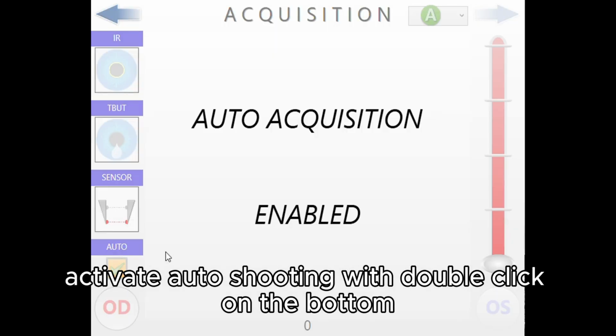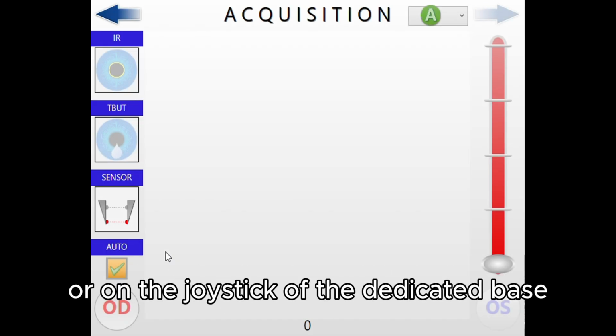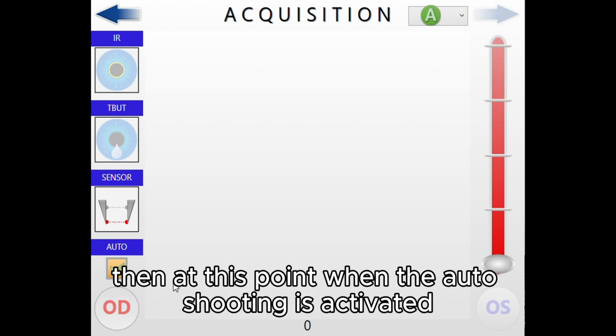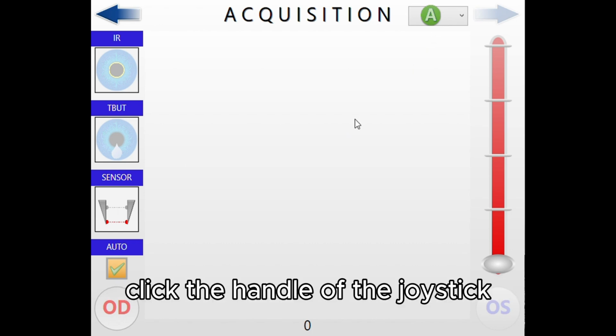Activate auto shooting with a double click on the bottom of the handle of the Nova or on the joystick of the dedicated base. Then at this point, when the auto shooting is activated, you can check here and also here above. Click the handle of the joystick